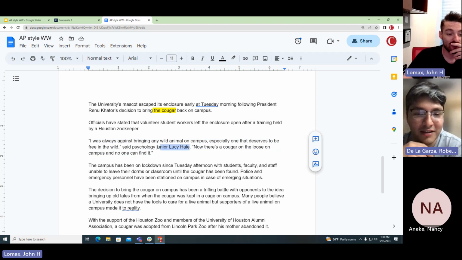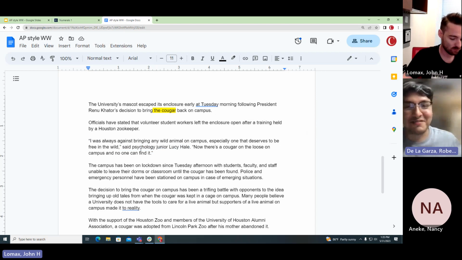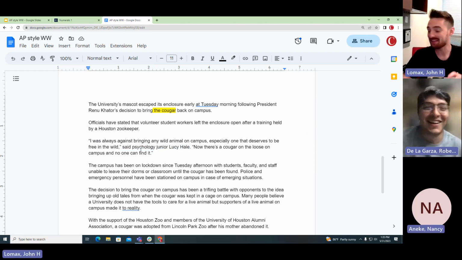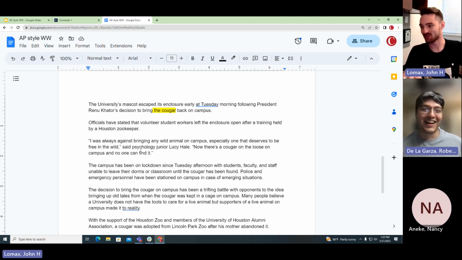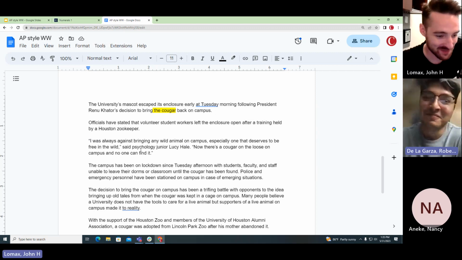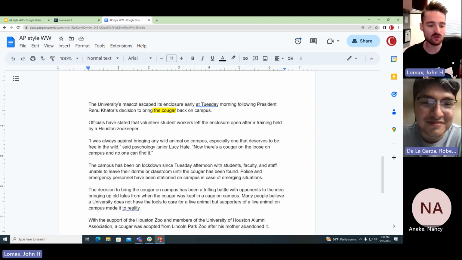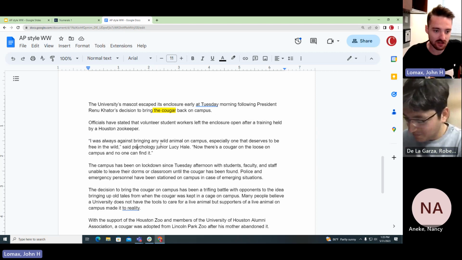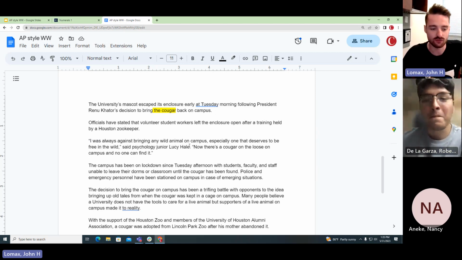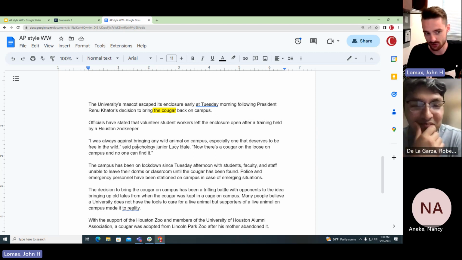This is actually a rare example of when it should be in the beginning. This is my first time reading this too. I'm not trying to trip y'all up. But when you haven't introduced somebody yet, it is okay to do said Psychology Junior Lucy Hale on first reference. That is the one exception to doing